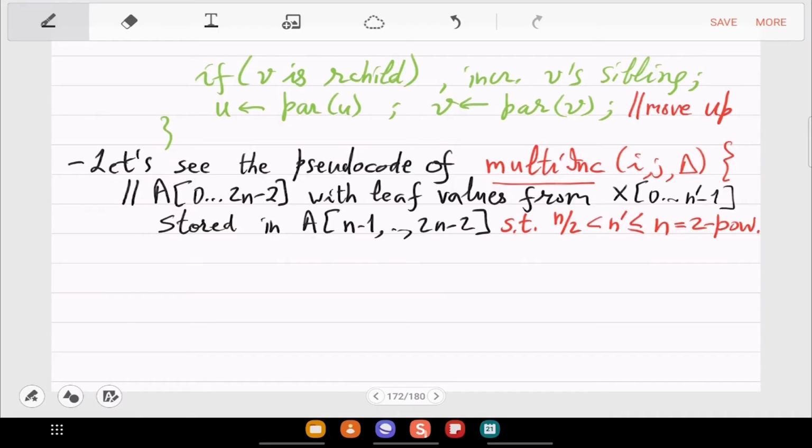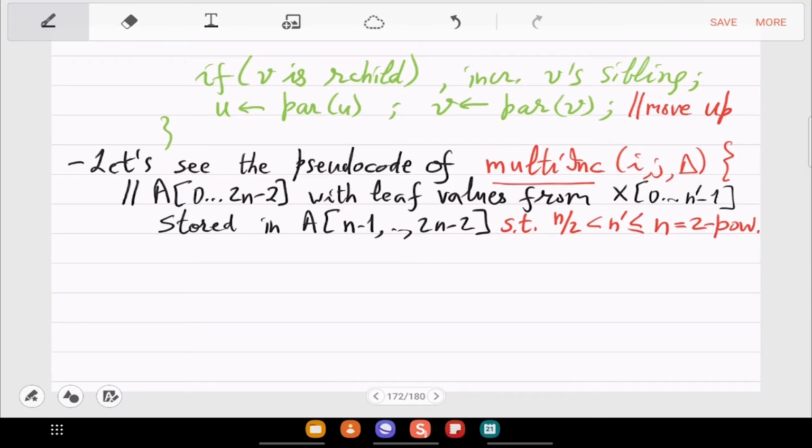So when multi-increment query says I comma j, what does I mean in the array A? Everything has to be shifted forward by n minus 1, right? So like I equal to 0 would mean the first element in this A, n minus 1.